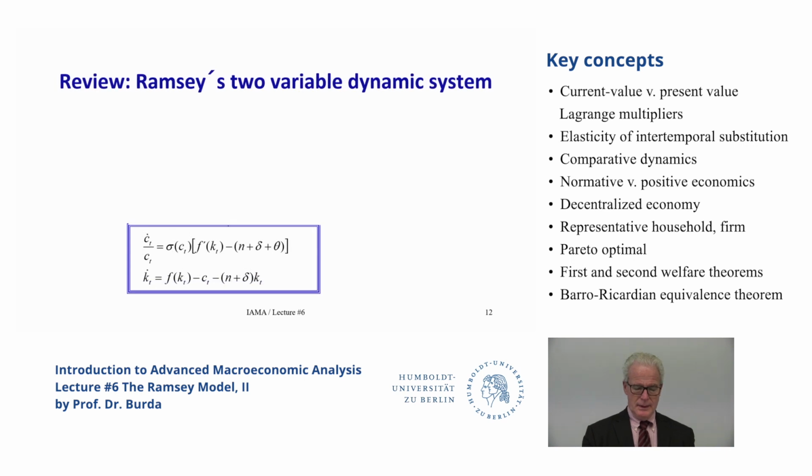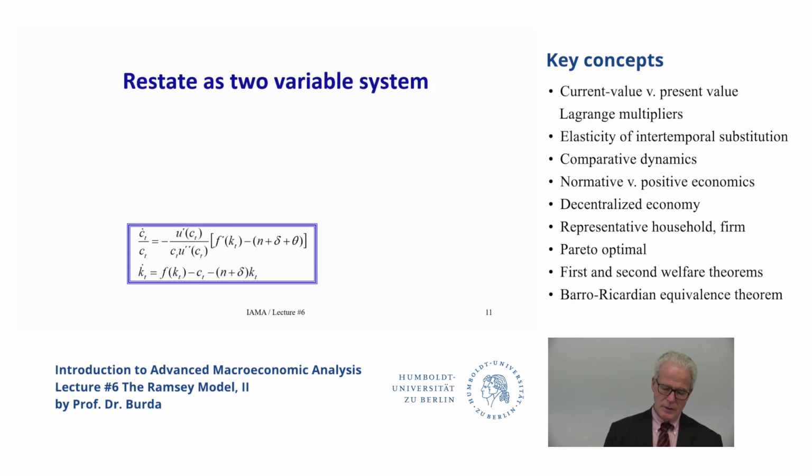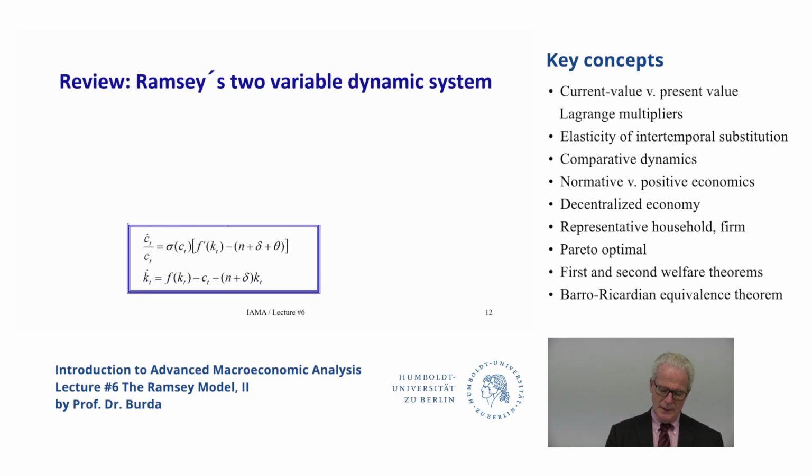Okay, so this term is the relationship between the first and second derivatives of consumption scaled by consumption itself. It doesn't need to be a constant. It could be a constant, and there are some functions that have this constancy, but in general, we call this